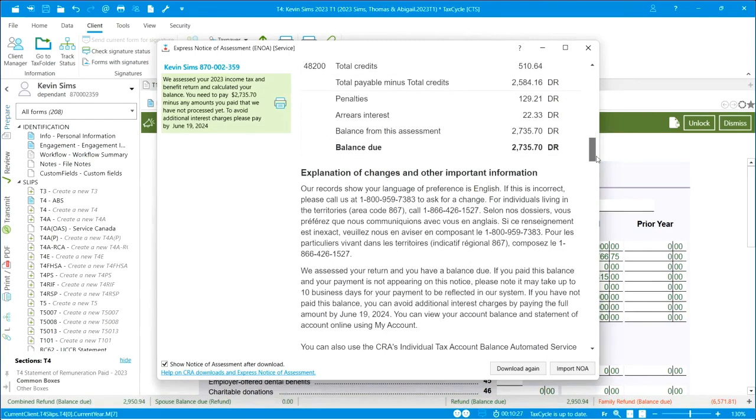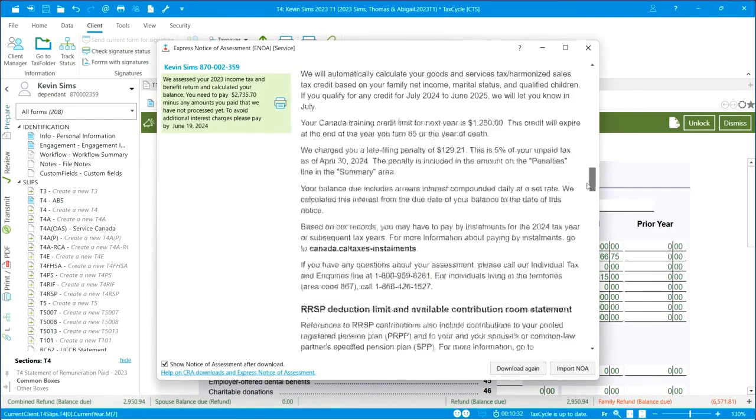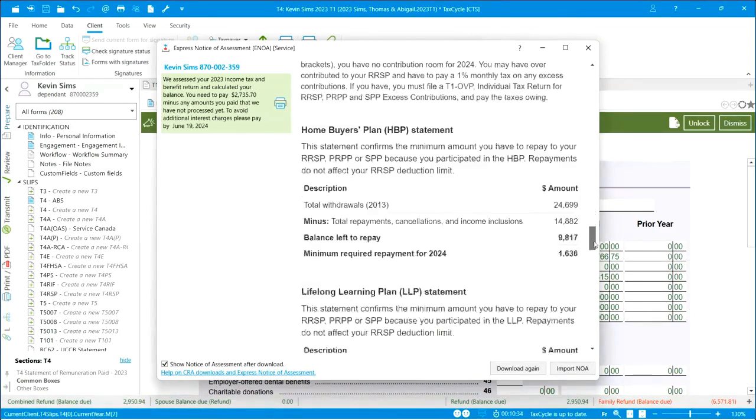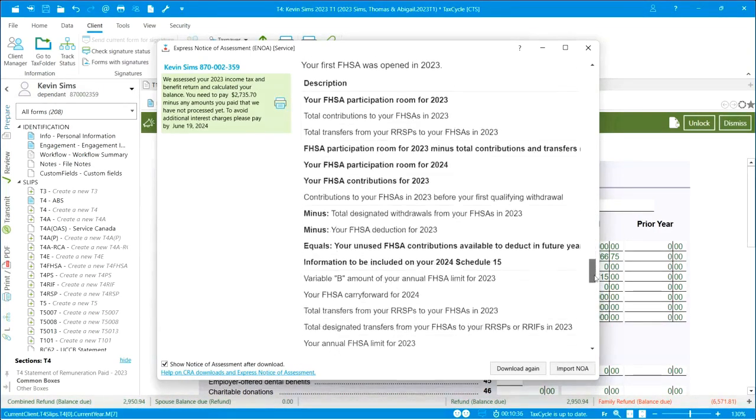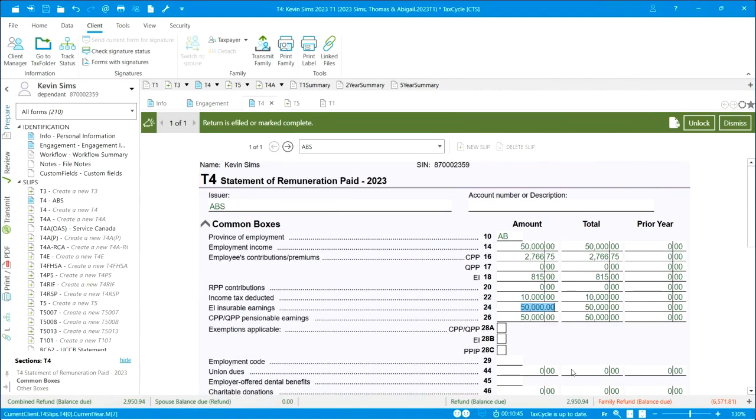All of the information that we filled, we had a T4 entered, and we had some basic information for him. So all of that is in here. So we can import it by clicking on here. If you want, you can print it from here as well. So we're going to click on import notice of assessment,